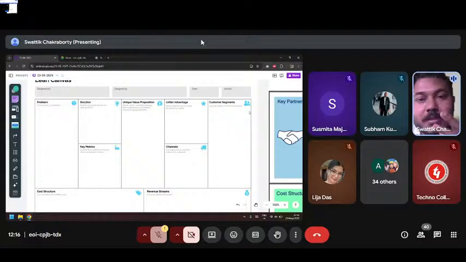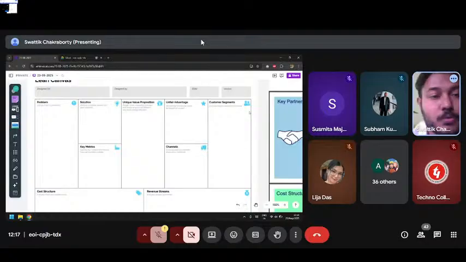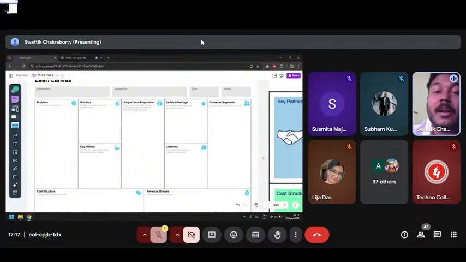Next is the revenue stream, where we talk about how this whole project is going to get funded. Who are basically spending on this, the customer segment, and how much are they going to spend? Revenue streams could be many. For example, in Bambuwala, the first revenue stream is Amazon. The second revenue stream is through our retailers and distributors. All those areas come into revenue stream. So basically, this is how we plan around implementing a lean business model